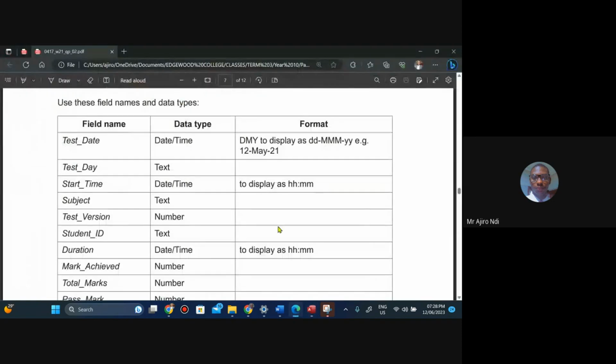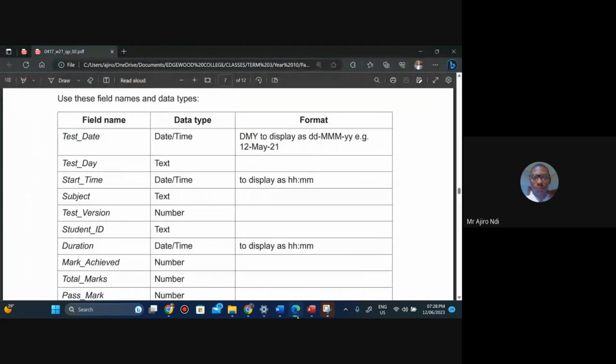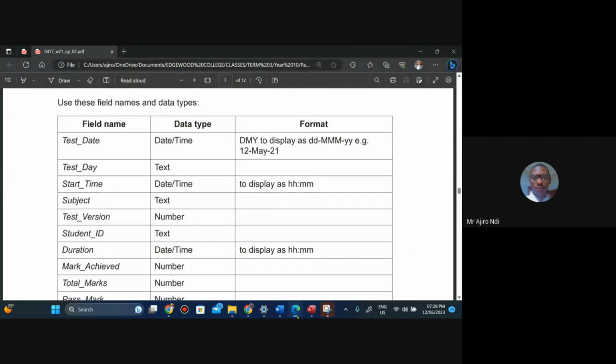Then the next one is duration. And duration is what? HH:MM. So I will click on data type for duration. Under the format, I will click HH colon MM. I'm going to type it. Okay. Which other one are we doing again? Okay, that's all. So once you are done with that,